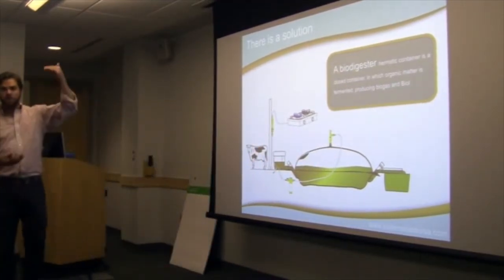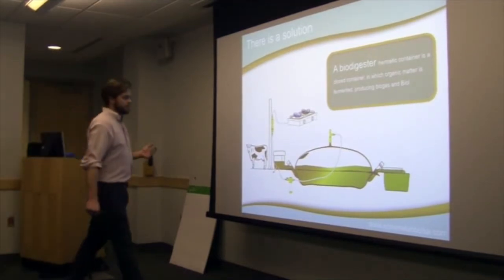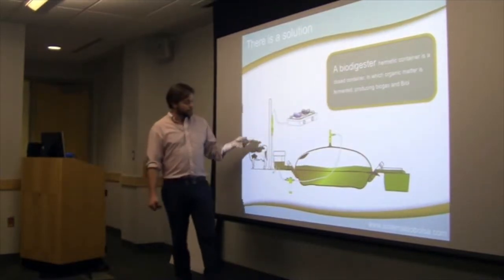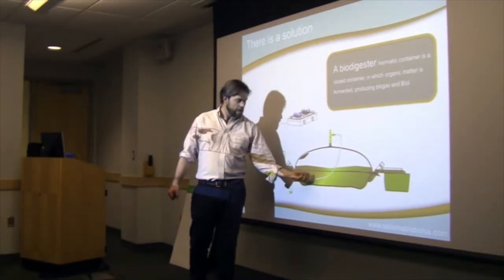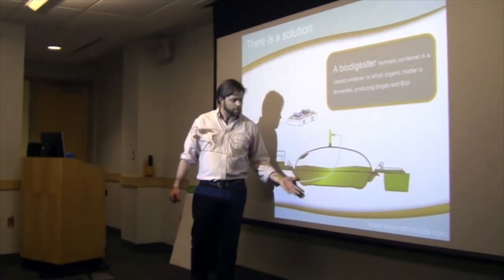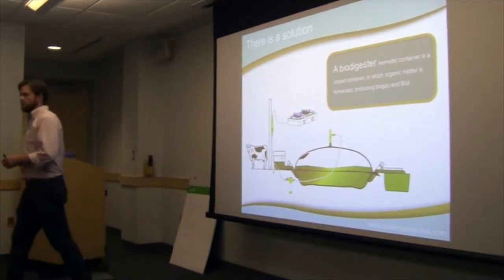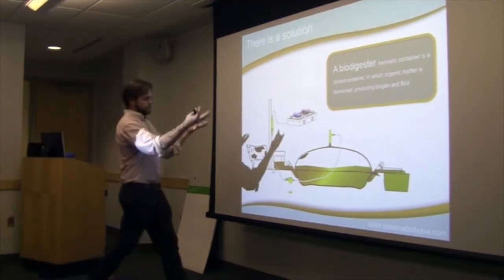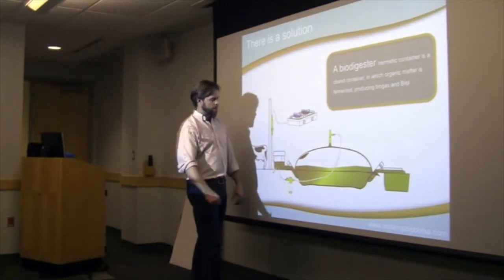So obviously they're physically being separated, and then bacteria are breaking down even the most complex solids that are organic. If you think of a piece of corn that ends up in here, very, very slowly over time the bacteria are breaking it down and its less dense parts are moving along. Some of the solids will stay in for 100 days, while some of the liquid will flow out a little bit easier. And as this builds up, we essentially get a big fermented bubble on the top,